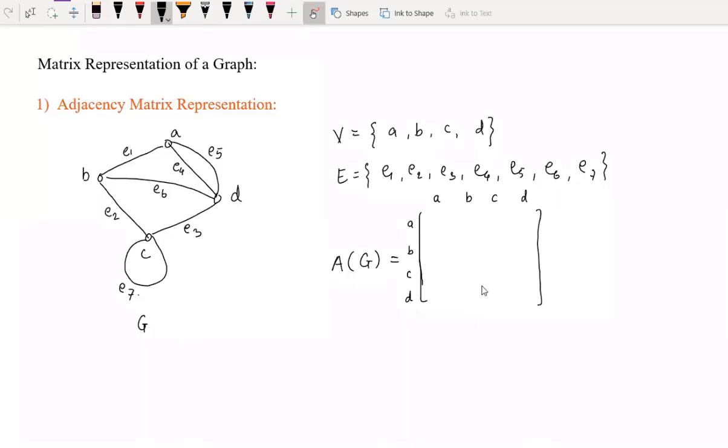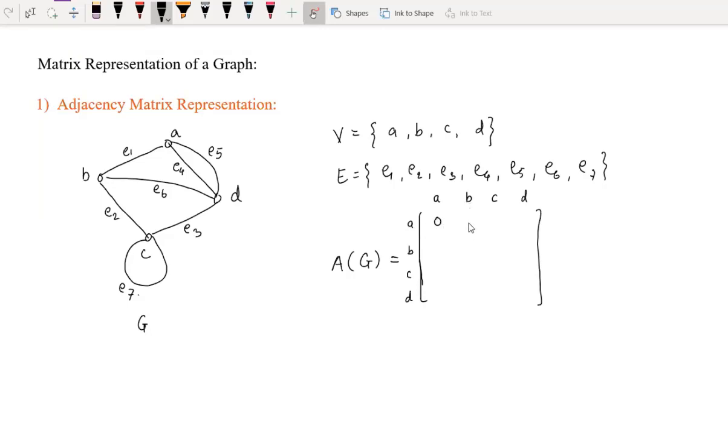Okay. Now, if there is an edge between these two vertices, we have to write how many edges exist between this pair of vertices. Now here, A to A, the first entry. How many edges exist between the vertex A to A? A to A means, of course, a self loop at the vertex A. So, are there edges between A to A? No, sir. Means there is no self loop at the vertex A. So that means we can say there is no edge between A to A. So that entry is 0. Number of edges between A to A is 0.